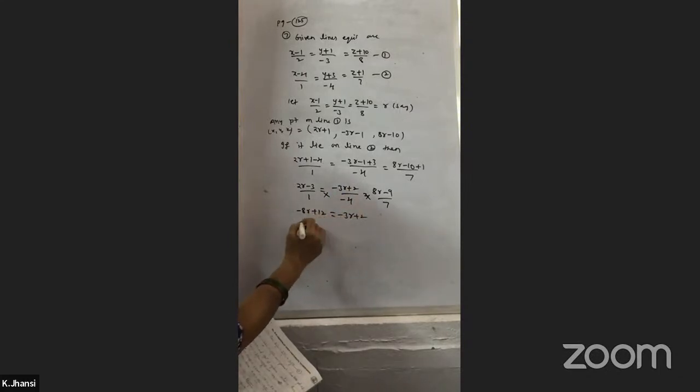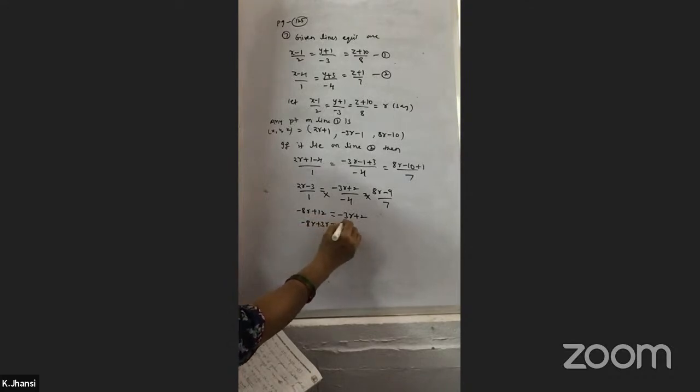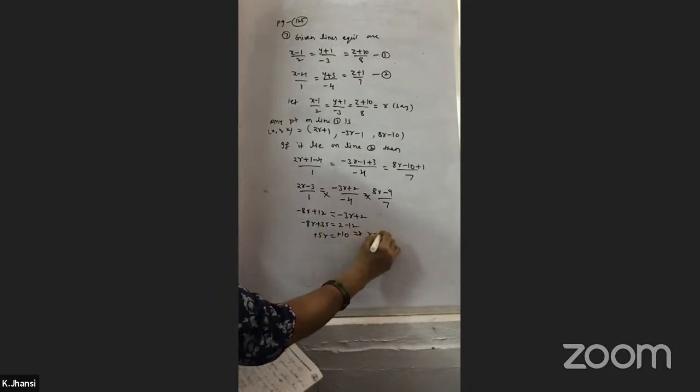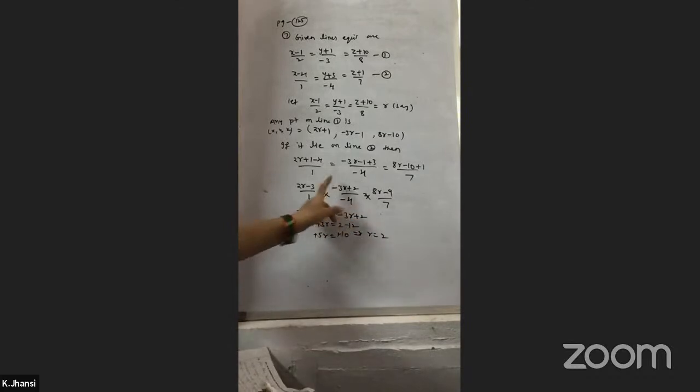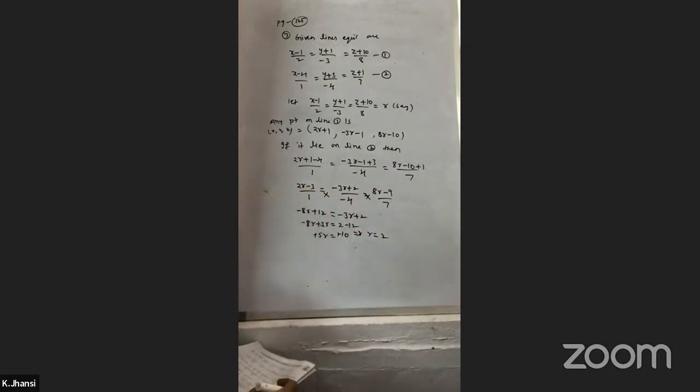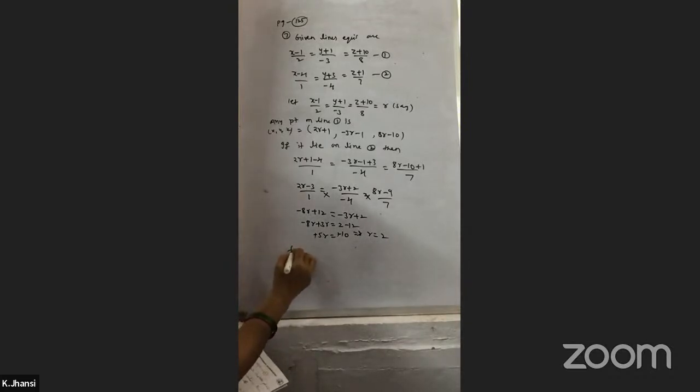సో minus ఇట్ సైడ్ వస్తే minus 8r plus 3r is equals to 2 minus 12. So this is minus 5r is equals to minus 10. So minus minus will get cancelled. You will get r value as 2. సో ఏ రెండు సబ్స్టిట్యూట్ చేసినా కూడా సేమ్ r వాల్యూ 2 నే వస్తుంది. ఇవి రెండు క్రాస్ మల్టిప్లై చేసినా కూడా మనకు r వాల్యూ 2 నే వస్తుంది. సో r ఈక్వల్స్ టు 2d ఇందులో సబ్స్టిట్యూట్ చేసాం అనుకోండి, ఫర్ r ఈక్వల్స్ టు 2